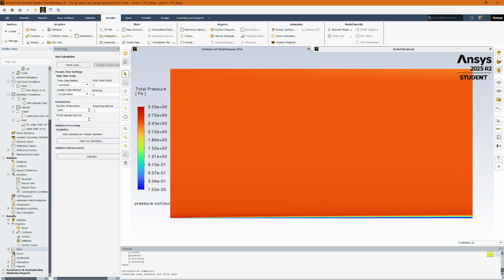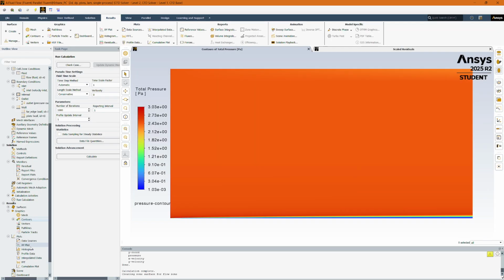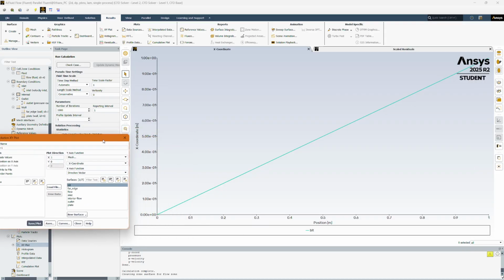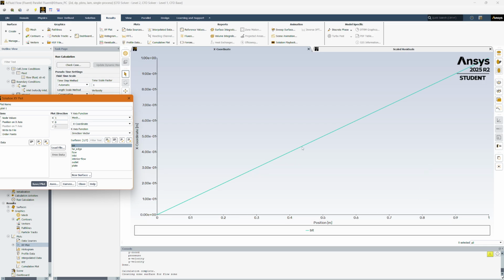So now if I plot this, that's my, what do I want to do? This is my mesh. And then I hit save and plot. So yeah, so as we can see, as we move along,